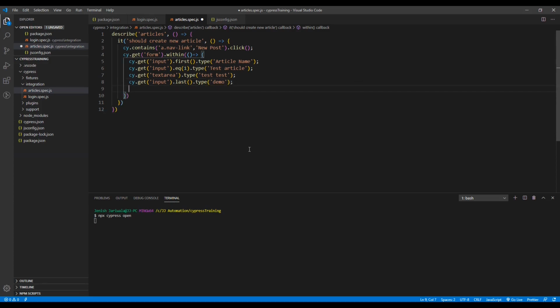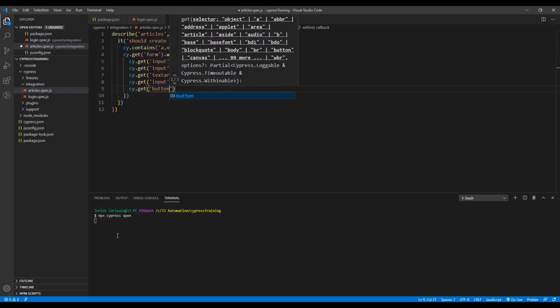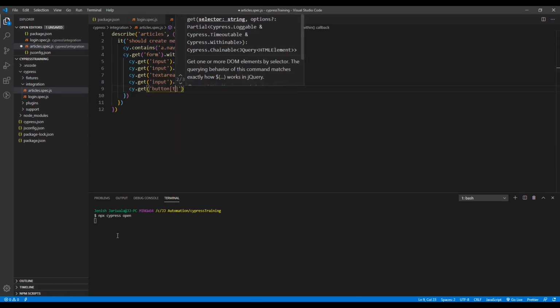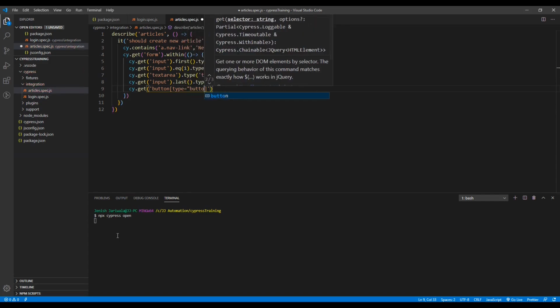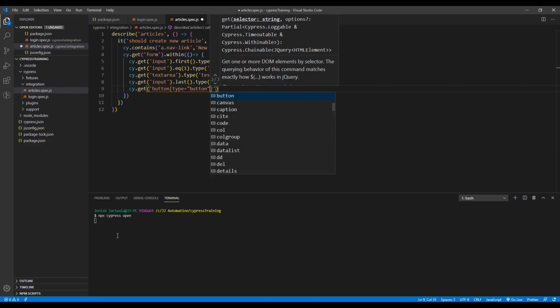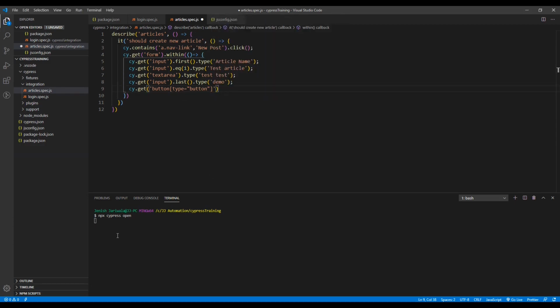And lastly we have publish, so we will use cy.get button that has a type button. Simply click and save it. But to publish the articles, the user needs to sign in.